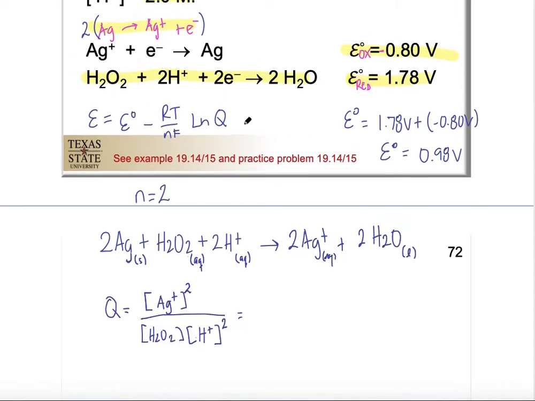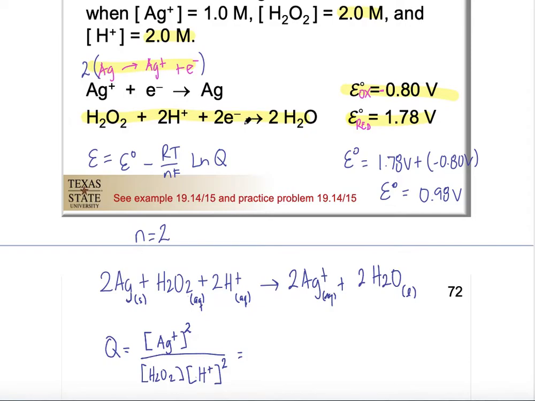So let me back up here where we can see those concentrations. Notice that for silver ions, we have a concentration of 1, so 1.0 molar, and that's going to be squared, divided by the concentration of hydrogen peroxide, which is 2 molar, to the power of 1, and then times the concentration of H plus, which is 2.0 molar, but this one is raised to the power of 2. When you put this into the calculator, the answer will be